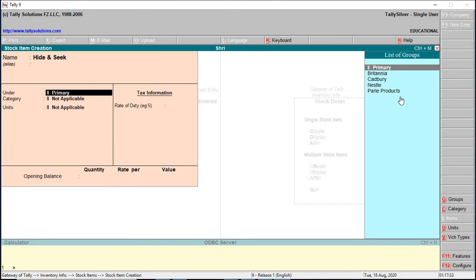Groups are basically used to group the stock items based on similarity, that is based on the type of the product, quality, or the company who manufactures the product. Select Parle Products.